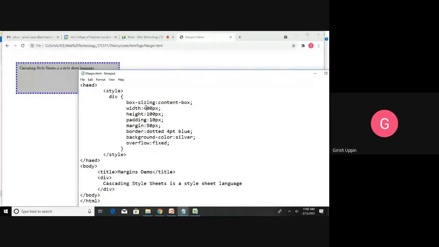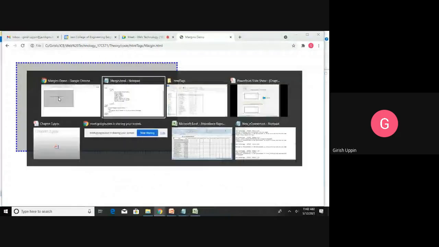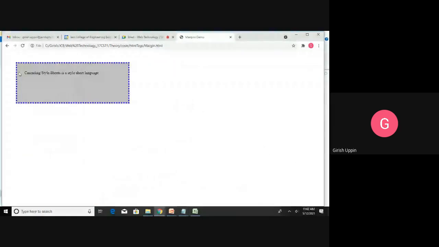But if I say padding, I will increase it to 30 pixels so that you can visually see how that changes. Now you can see this distance and this distance will increase. Refresh, so you can see I increase the size. So I made 130 instead of, so that's why there is a huge difference. 30 pixel, you can see I increase, that is the padding.